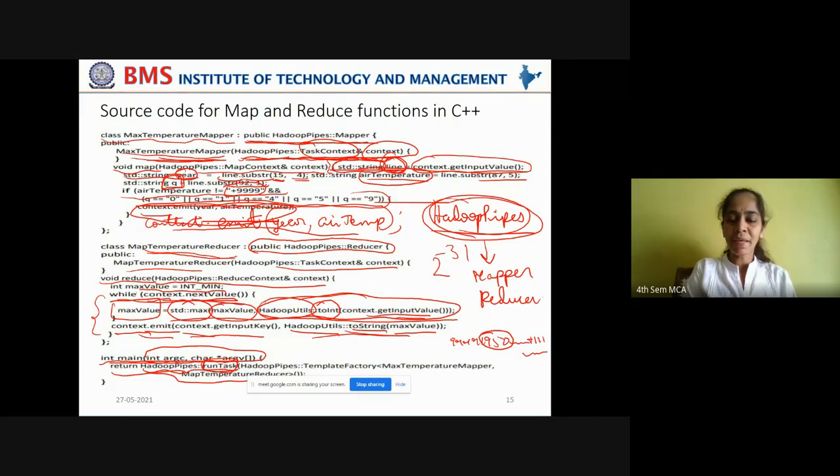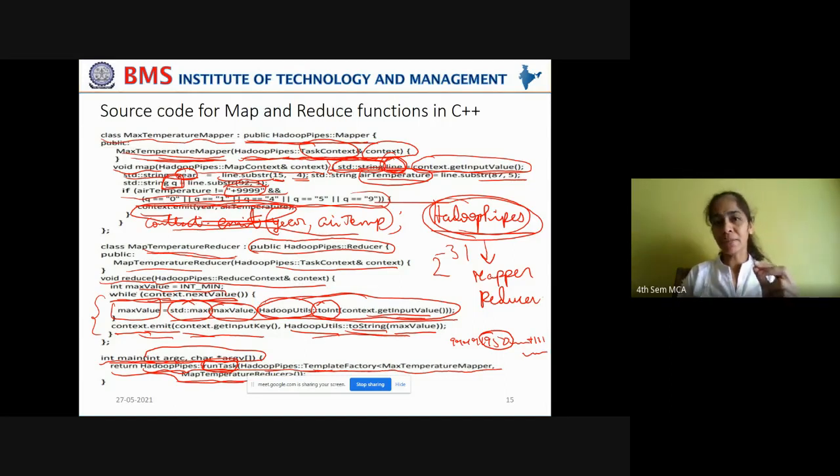Now, how do you take the parameters here? While running this MapReduce task, you are taking the template factory that takes as parameters max temperature mapper and max temperature reducer, and both together used as an instance.